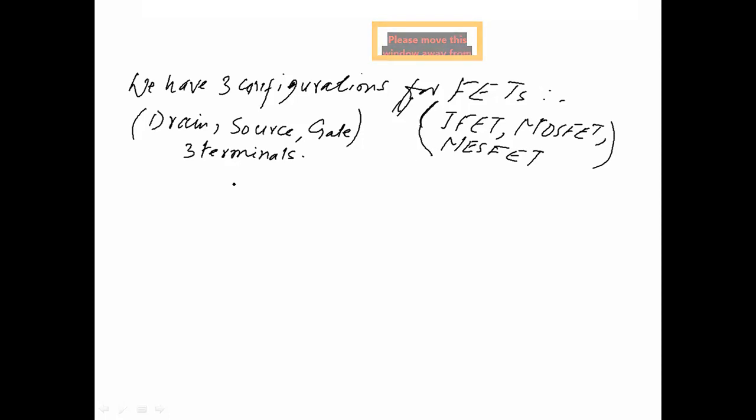Based on the available three terminals, drain, source, and gate, in either case one of the terminals is taken common. So based on the two-port system theory, we have three configurations. And what are those three configurations? Common source, common gate,